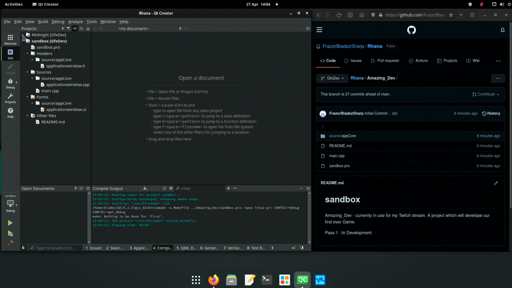Why? Because then you forget who's responsible for what, and your game becomes part of the game engine. And you cannot separate the two. But if you do it separately, you can take Midnight, the game engine, away, put any other game engine in, and you should be able to run your program.